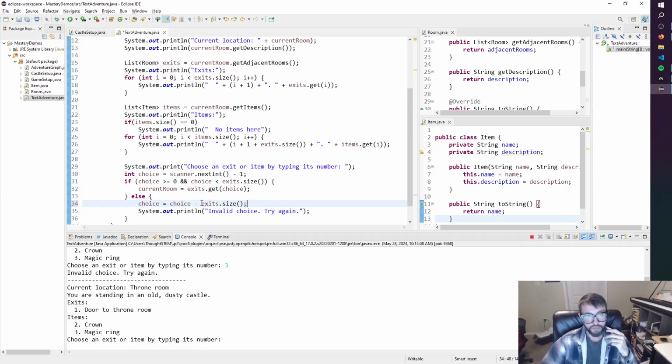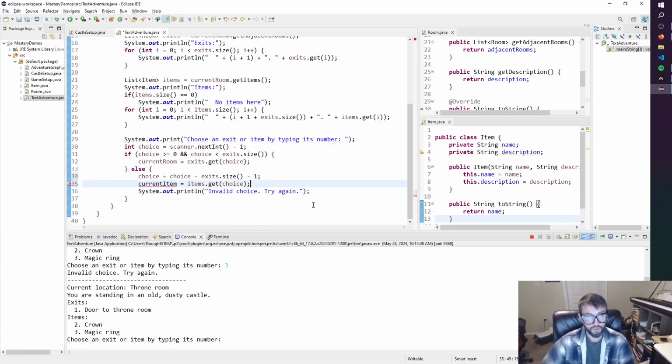2 means second item. So if I subtract off the number of exits from the choice, it becomes something close to an index into items. In fact, if I subtract off 1, now it becomes an index. So I could say current item equals items.get(choice). I wanted to match this logic here, where it just uses the number they entered as a get into a list. I'm just now using it as a get into a list of items instead of a list of rooms. I just had to do a little bit of not too complicated math to get that to work,